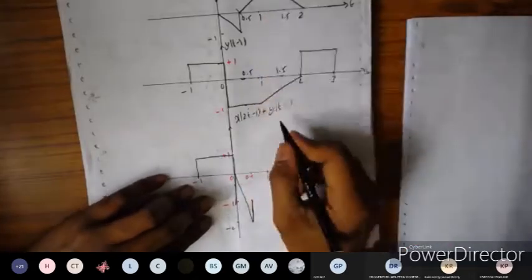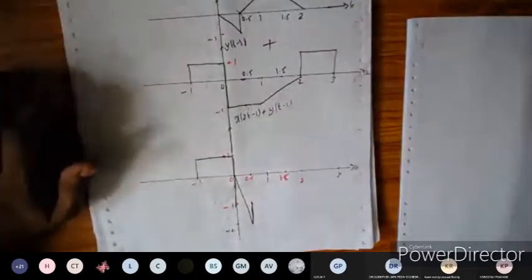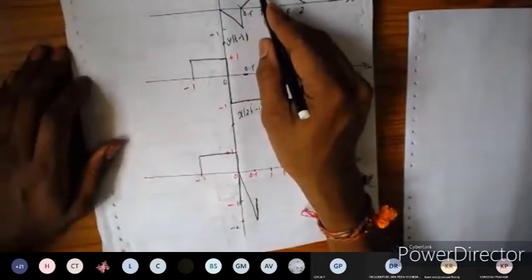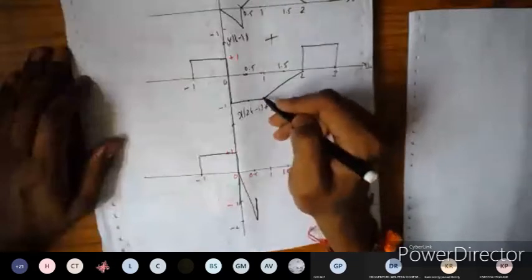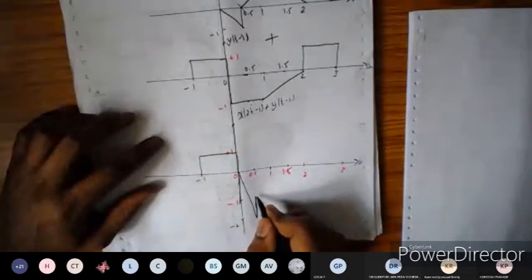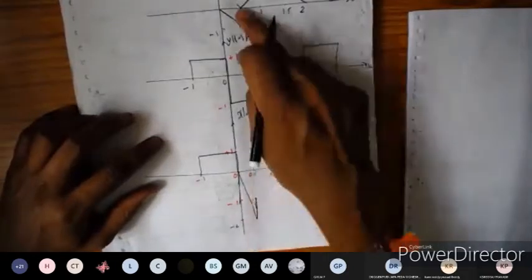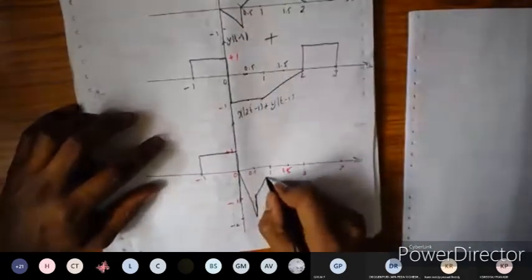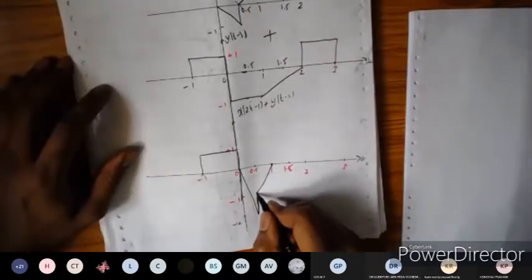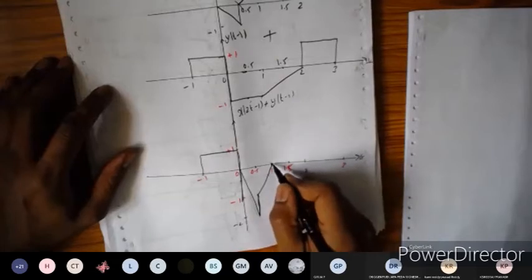I'm doing the addition of the signals here. Okay, so next, at t is equal to 1, it is +1, and at t is equal to 1, it is -1. So +1 -1 will become equal to 0, it will become 0 here, because the waveform is drawing. So we can draw it like this, the waveform will go like this. Next it will fall to 1 and it will become 0 here.